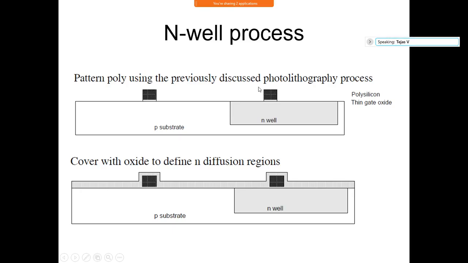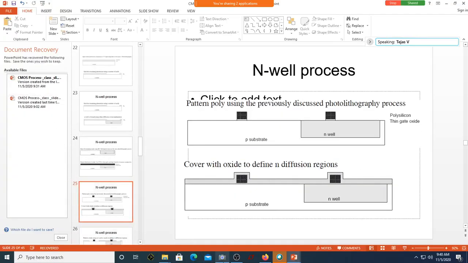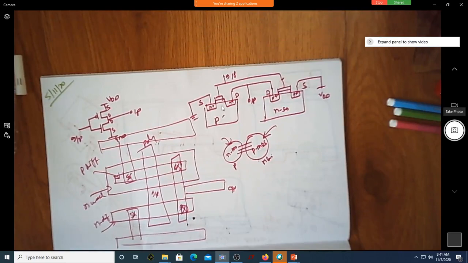Other than that, can you see you have a gate being formed? Yes, sir. Underneath the gate there is oxide. That was the intention, no? So let me just go back to this. Gate and polysilicon, polysilicon and thin oxide. Are we done with this now? Yes, sir. So we have defined the region where to have the gate. Correct?